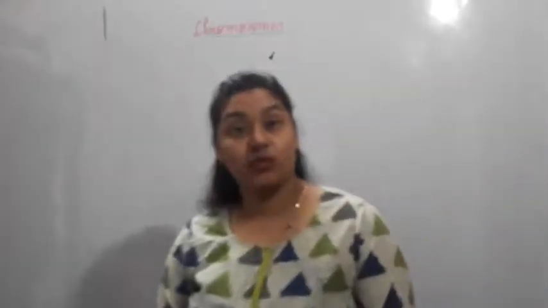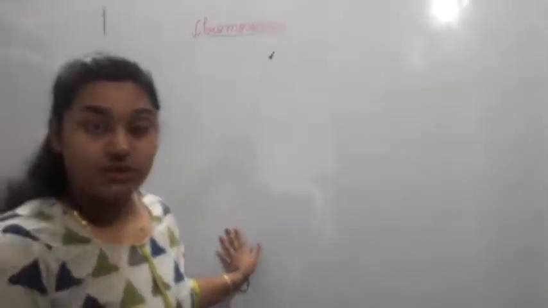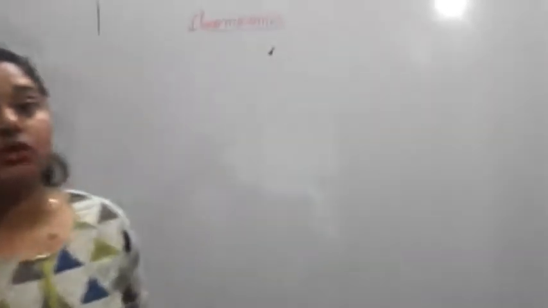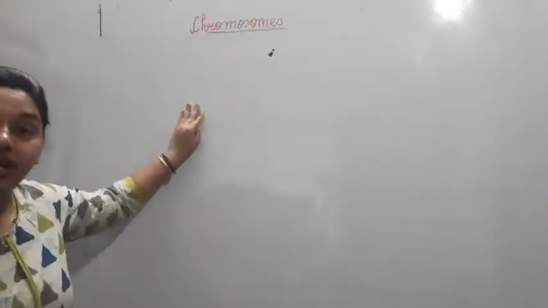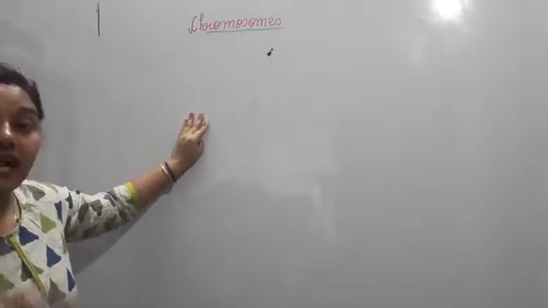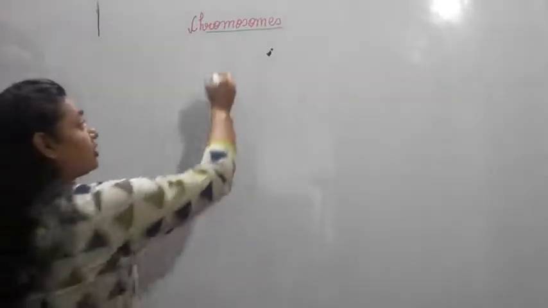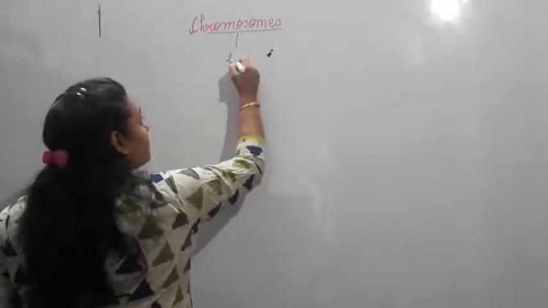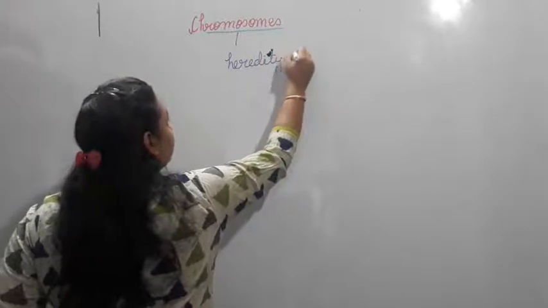So let's start with today's topic, which is the chromosomes. Today we are going to cover the chromosomes in our next video, in today's video. So let's see what is the chromosome. Chromosome is actually a thread-like structure which develops and carries all your hereditary characters. Okay, so chromosome is responsible for the hereditary characters,